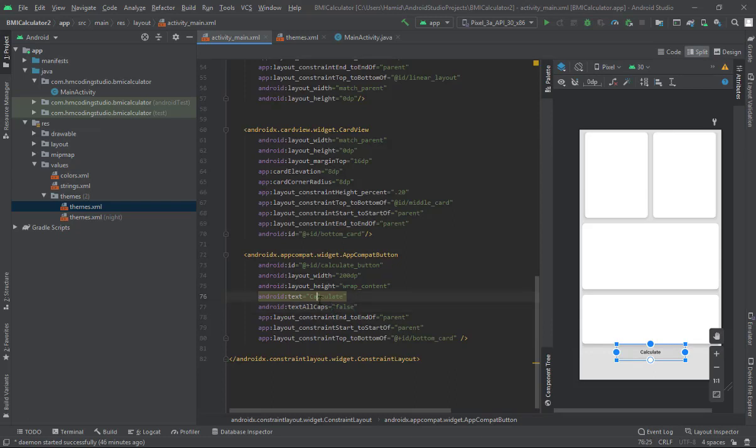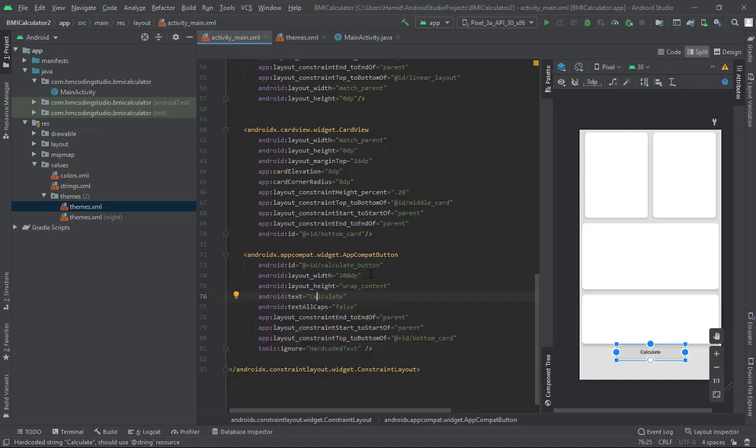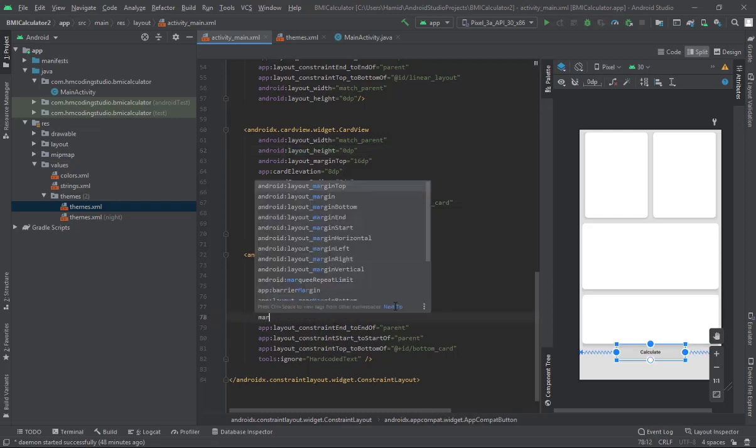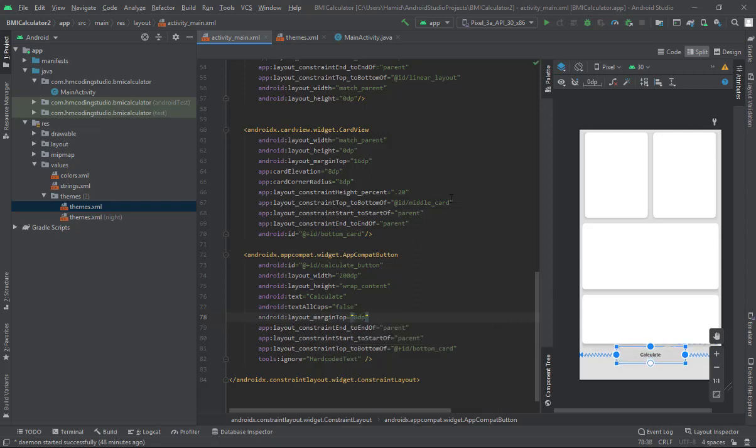Now let's go to our code. In here you can remove this warning by suppressing the warning. Now let's give a margin to our button, top margin 8 dp, and also for the